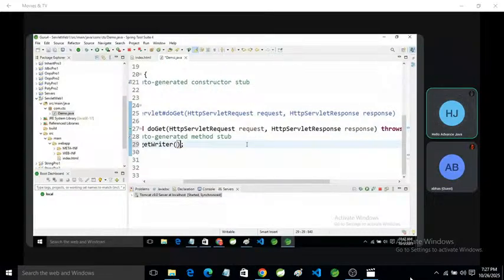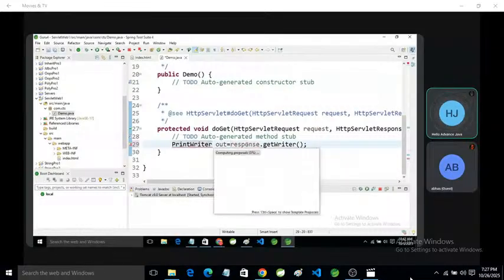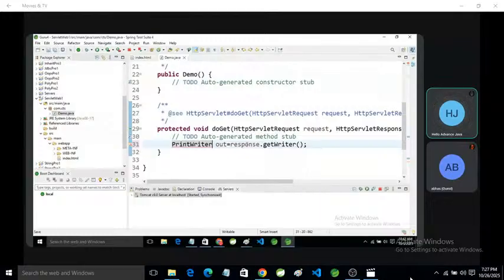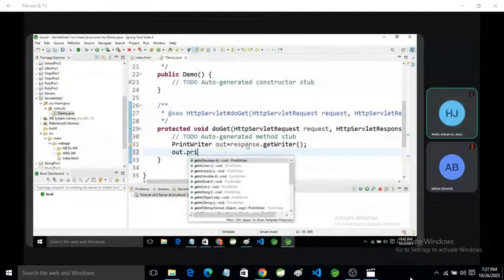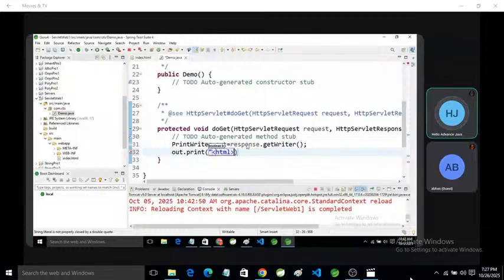Actually, this getWriter method returns the object of PrintWriter. So we can save that object in a reference. Name it out. You can specify any name as you like. After that, we can create a page. So out.print. Here you can specify HTML, body.